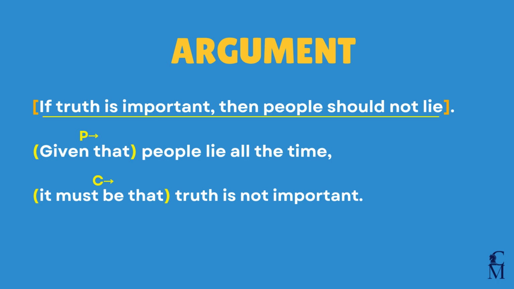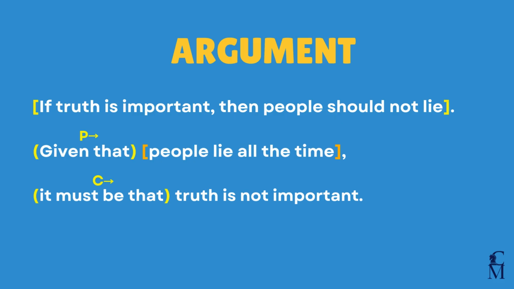If truth is important, then people should not lie. The second statement begins after the premise indicator. Given that, and is the statement: people lie all the time. And the third statement begins after the conclusion indicator. It must be that, and is the statement: